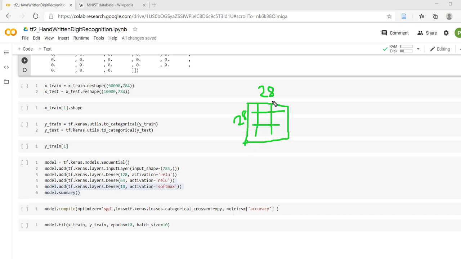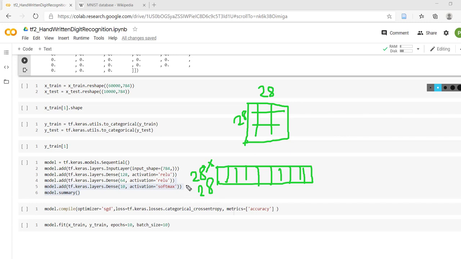So we have to convert this 28 comma 28 image into an array. First row will be placed in 28 positions, then second row will be placed in the next 28 positions, then third row in the next 28 positions. Likewise 28 into 28 elements will be there. So it is 784. So we are going to change the shape.